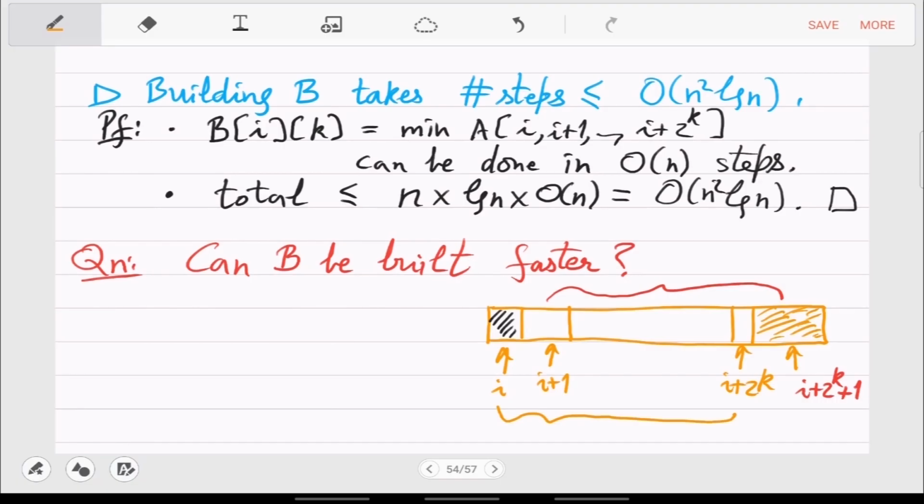If the minima resided in this black cell, then when you remove the black cell and add the orange cell, you don't know where now the minima is. Now it's again, you have to look at everything in the middle. Right? So there is this big subarray for which you have no information, and if you try to explore it, it will take linear time. There doesn't seem to be a clever thing here.